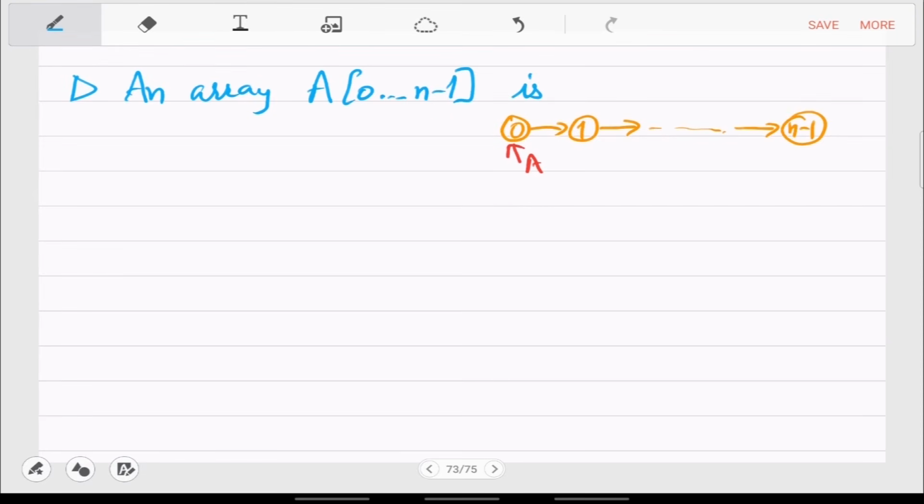So an array is also a tree. It's in fact a binary tree with height equal to, is it n? N minus 1. Right, so array is also a binary tree with height n minus 1.